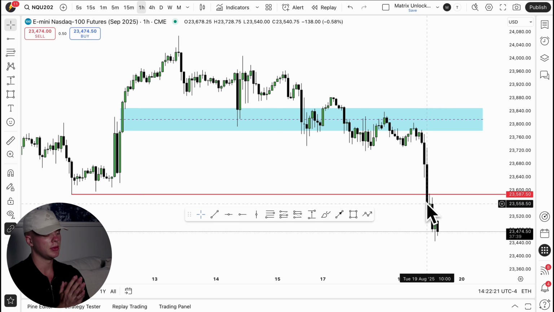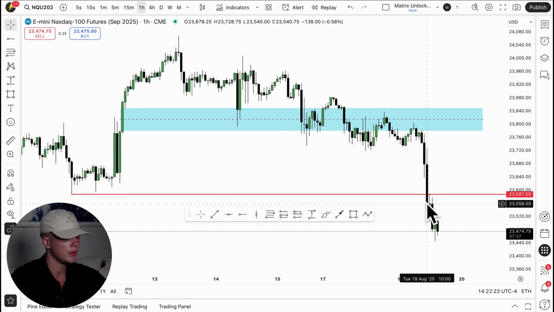Now, as you can see right now, my charts are very empty, and it's purely the candlesticks and the price action. I understand that might be normal to the majority of you, because this is probably how your charts look. However, in my opinion, it's very important to add specific things to the charts. So what I will do now is add the indicators which I use on an active daily basis to the charts.